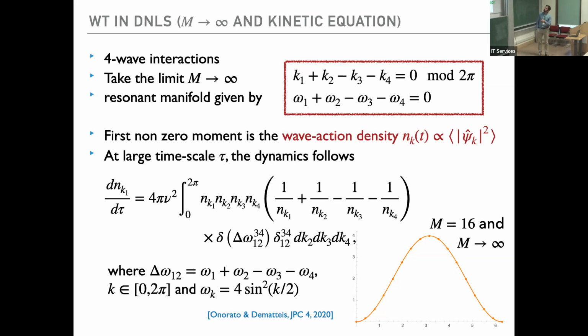So, for example, the theory will tell you that this wave action density will satisfy this kinetic equation, which is a sort of Boltzmann kinetic equation, a little bit similar to the classical gas Boltzmann kinetic equation. So notice that this equation has some delta functions in it. This is the delta over omegas, so this relation here, and this is the delta over the wave number. So somehow these two deltas will tell you that this integrand is non-zero only at this resonant manifold. Okay.